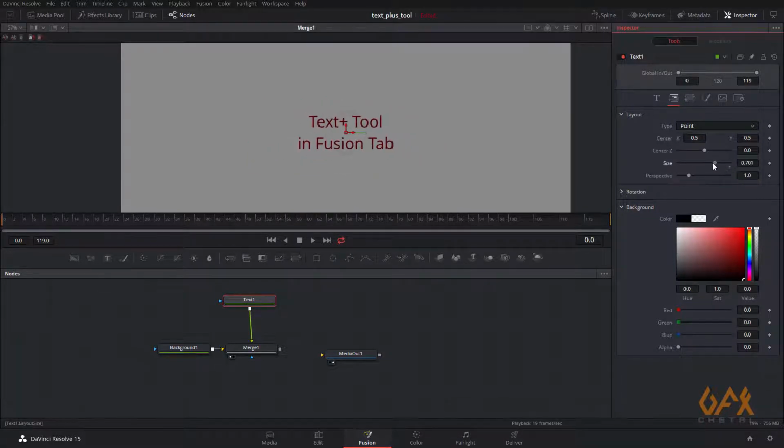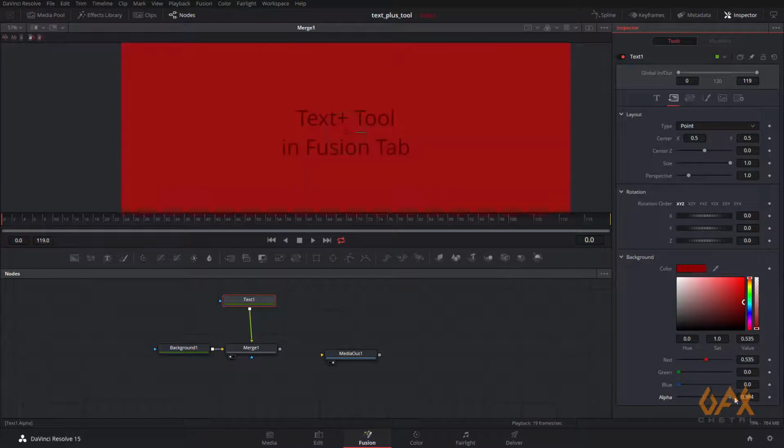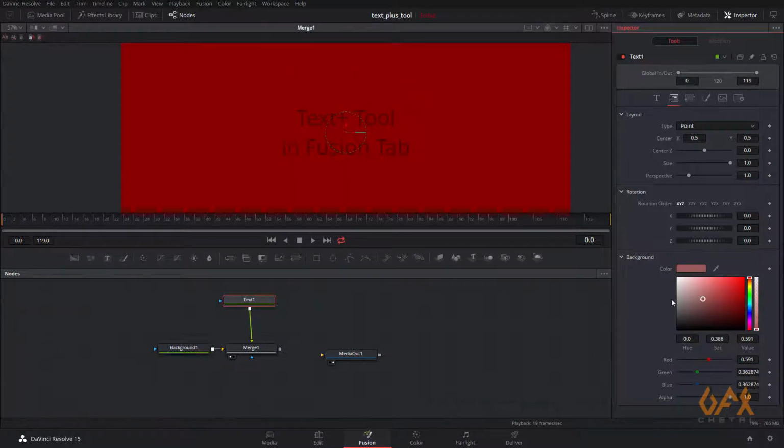You can change the size of your layout, you can change the rotation, Y rotation, Z rotation. Even here you get one more option, that is the background of this particular text or this layout. So for example if I change it to red in alpha to 1,